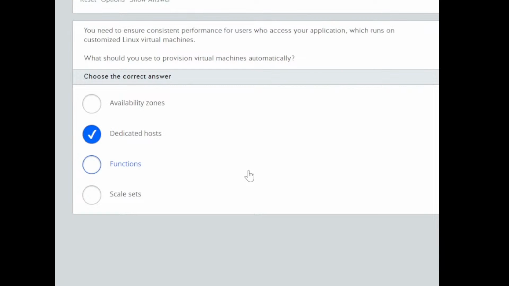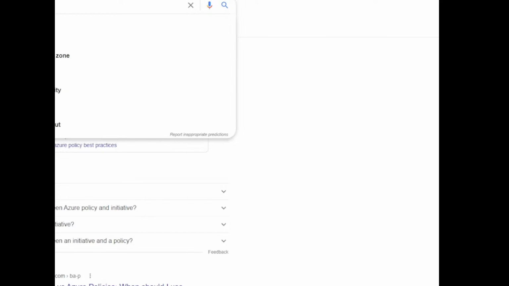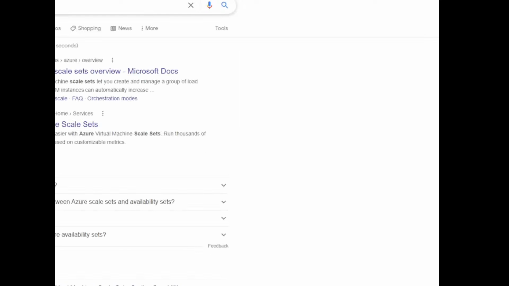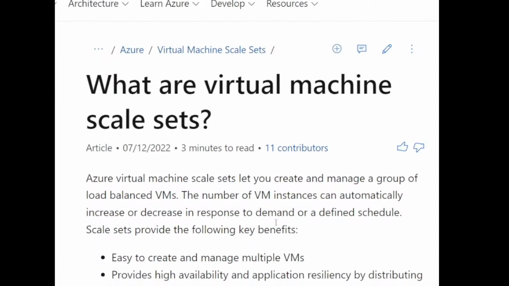Azure scale sets. Scale, hindi skill. Pero palagay ko dedicated host na yun eh. What are the virtual machine scale sets? Create, manage, group, load balance VMs. Number of VMs in the system can automatically increase or decrease in response to demand.